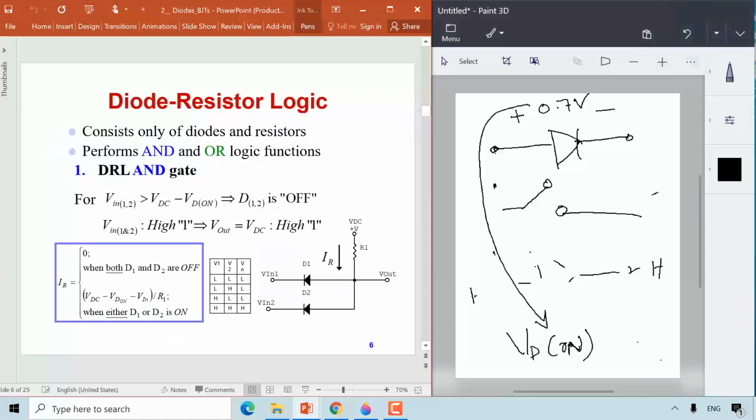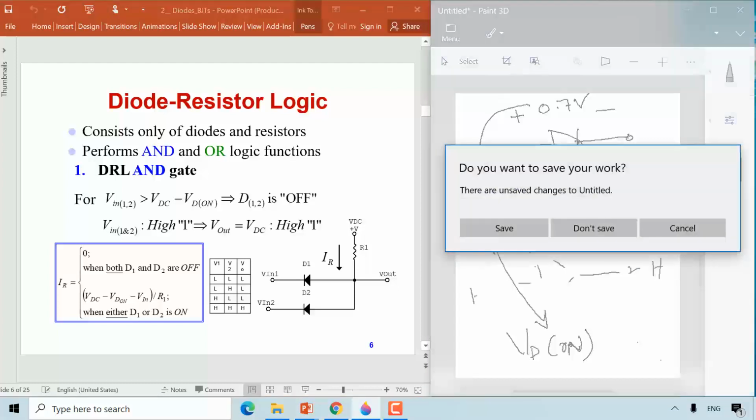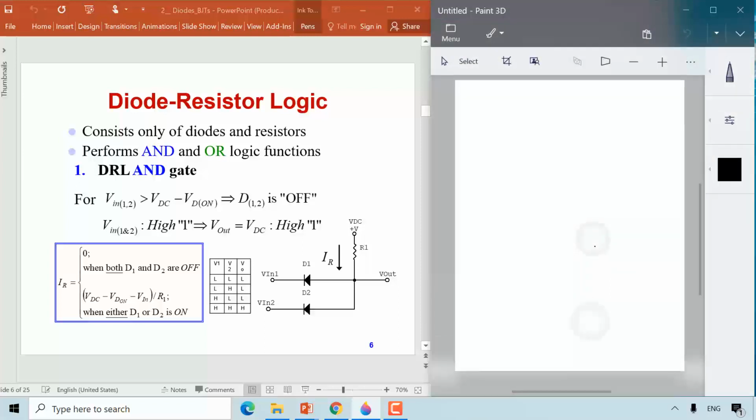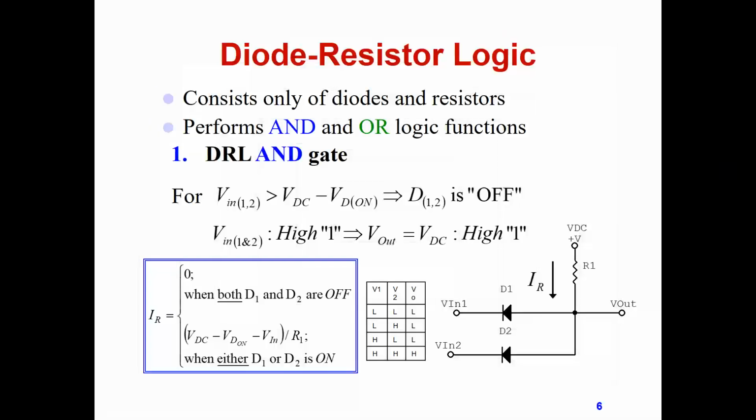Okay, now let's start with our first family of circuits. So let's start a new whiteboard here. We are now starting the families of classes, and the very first family is referred to as the diode resistor logic, abbreviated as